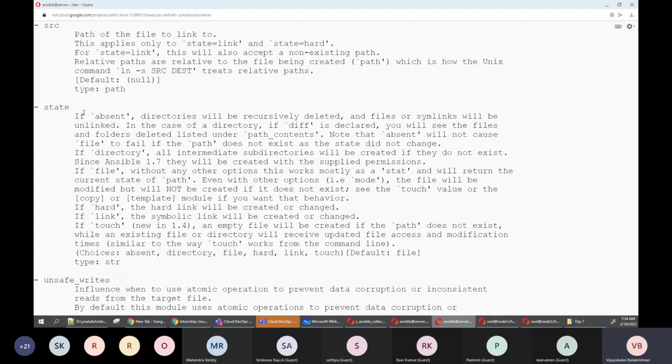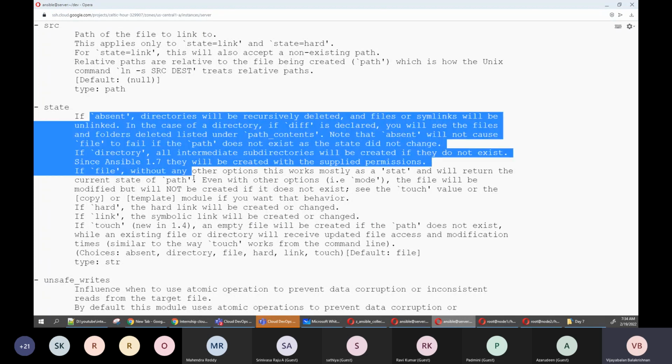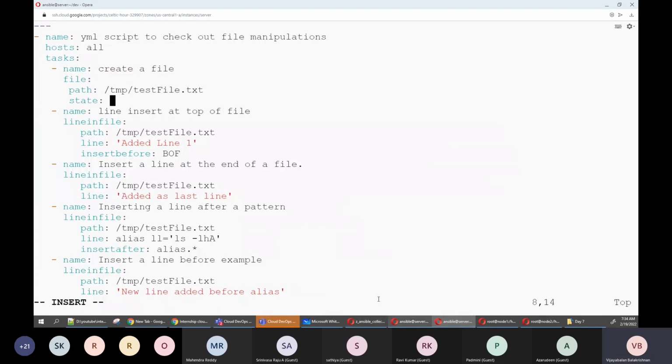See, state absent means it will remove that. And also there is touch, where an empty file will be created. So whenever you go to the help, ansible-doc for that module, you can explore what other options are available. Right? Go here, I'm going to say touch.